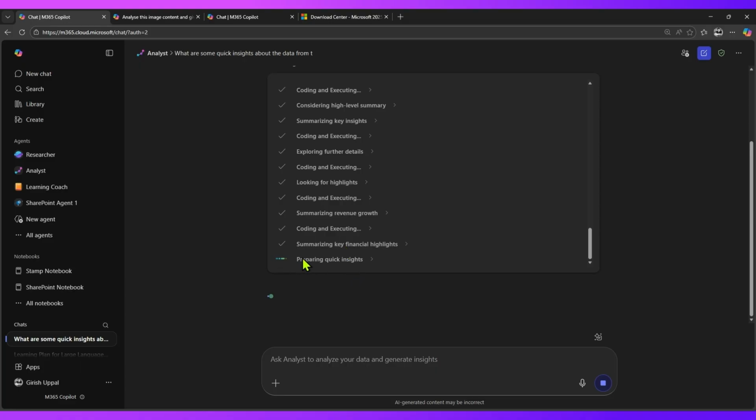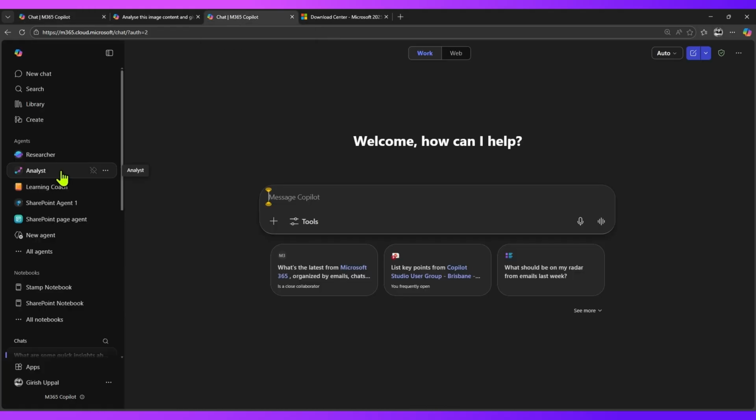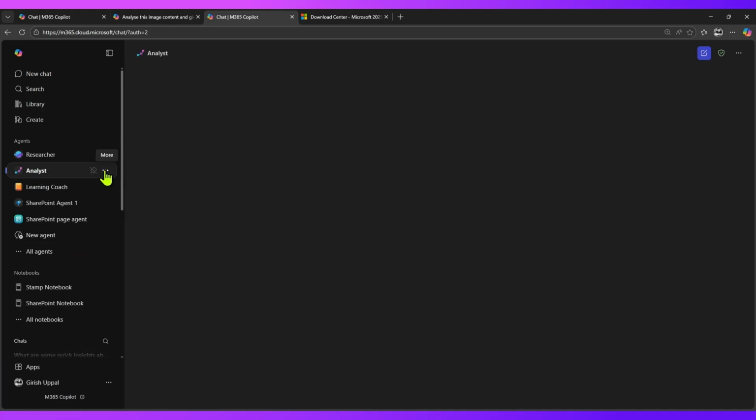So, as you see, it is preparing quick insights. This agent might take some more time, I believe. In the meantime, going to m365.cloud.microsoft, under this analyst agent on the left rail, what you can do is share this agent, but